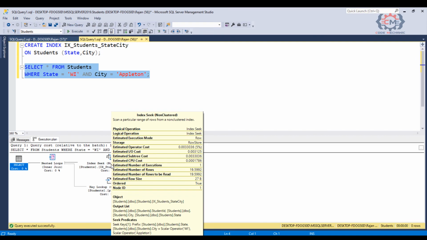One of the takeaways from this is that if we have a column that's not very selective by itself, that doesn't mean we can't use the column in the index. It means we probably need to use that column in conjunction with other columns in our index, and we need to make sure that the combination of columns together is selective. Selectivity is a really important concept when we start looking at our indexes and the where clauses of our statements. So let's look in the next video at some other ways in which selectivity matters.